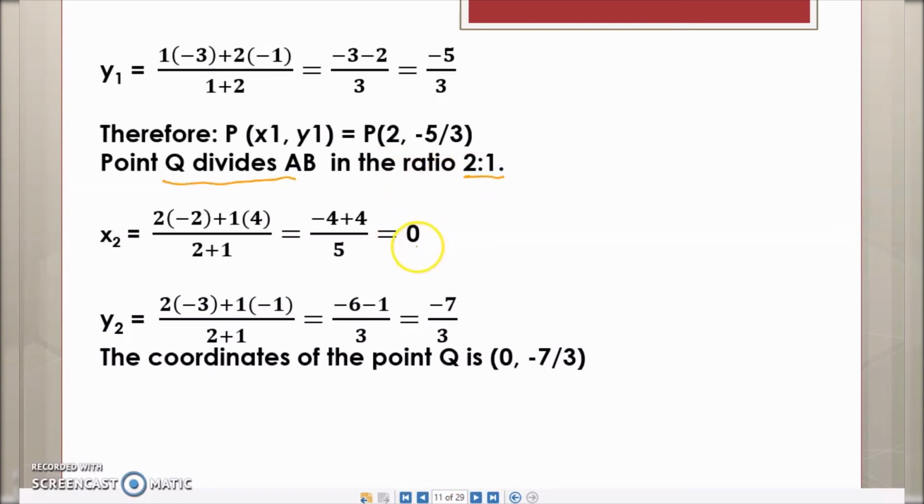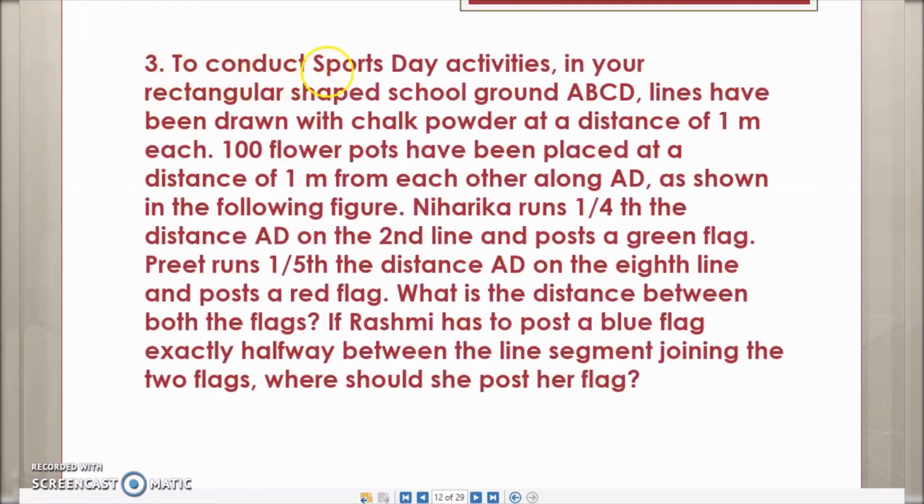So the value of x2 you will get as 0 and the value of y2 you will get as -7/3 by applying the section formula. Third one, to conduct sports day activities in your rectangular shaped school ground ABCD, lines have been drawn with chalk powder at a distance of 1 meter each